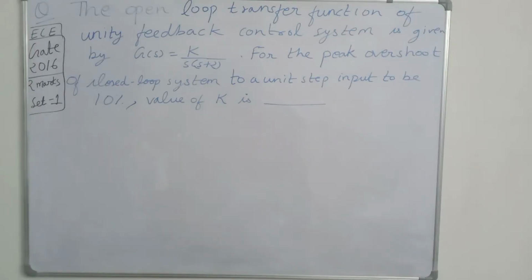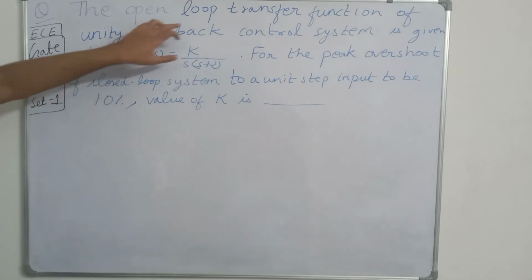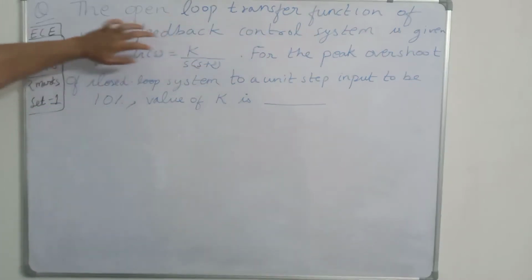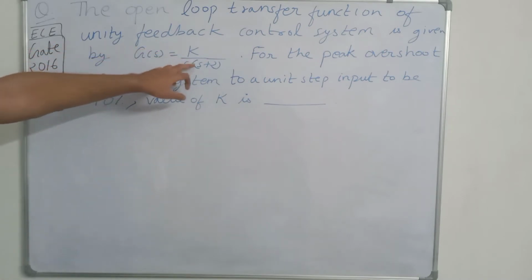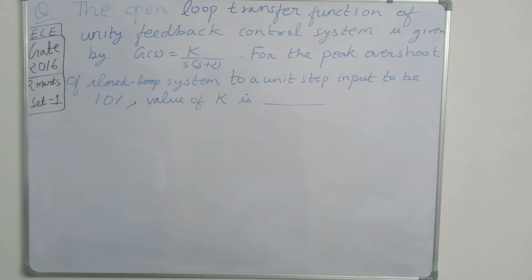So we are doing a question from GATE 2016 Set 1 from the electronics branch. It says that the open loop transfer function of a unity feedback control system is given by G(s) = K/(s+2). It is a unity feedback control system, and by default we assume unity negative feedback. So its open loop transfer function is G(s) = K/(s+2),